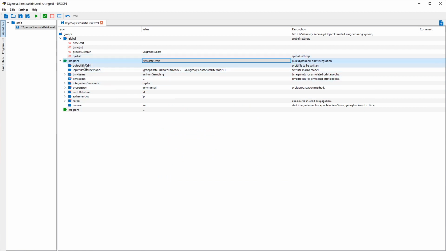Our program has several settings or input and output fields. And here everything marked with a red star indicates that this is a must-set field. Everything else is optional to some degree or another. Some of them have default values, others do not. But yeah, output file orbit is a must-set value, so we need to provide a file where the output is